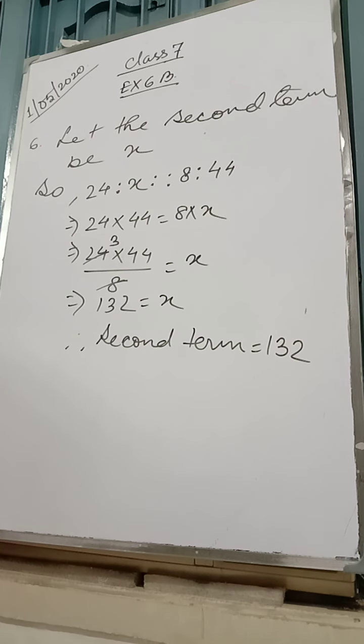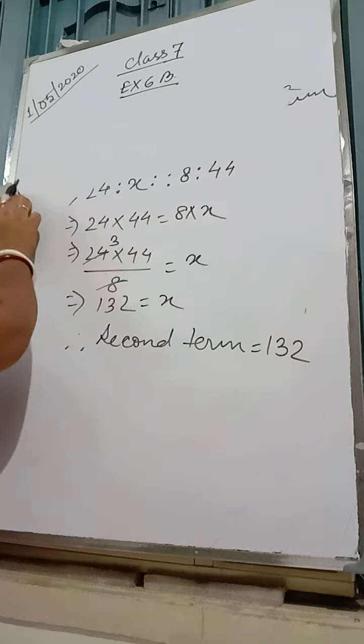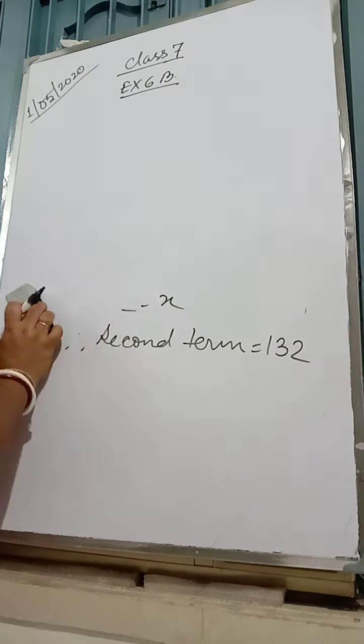Next question says, find the ratio of the age of Ria to her father. The ratio of age of Ria to her father is 3:5. If her father's age is 75, find the age of Ria. Whenever terms are given like this, the ratio and one of the values is given.